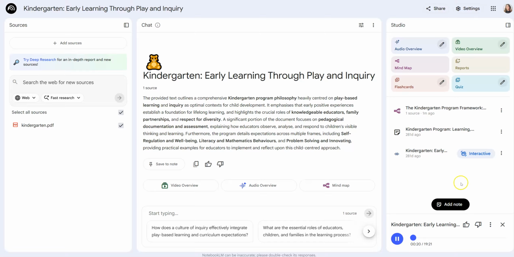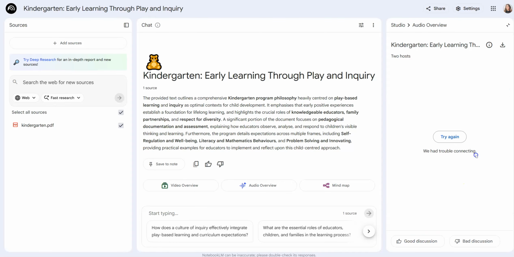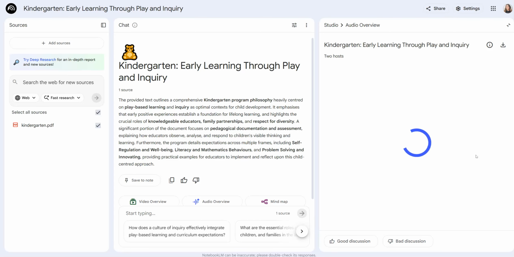We're going to take a deep dive right into the heart of it, explore. Remember kindergarten, finger painting, building blocks, maybe even a nap or two. But have you ever wondered what really goes on in those classrooms today? Join. Oh, wait. Someone wants to join.